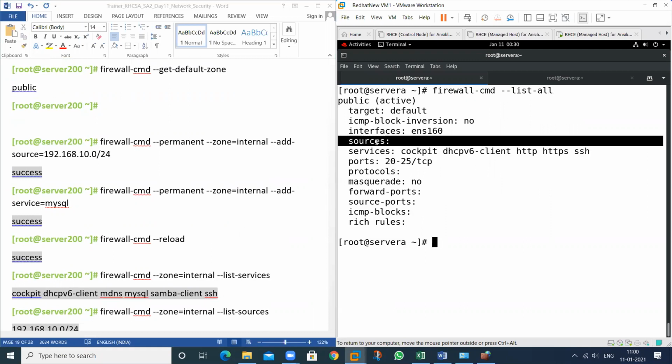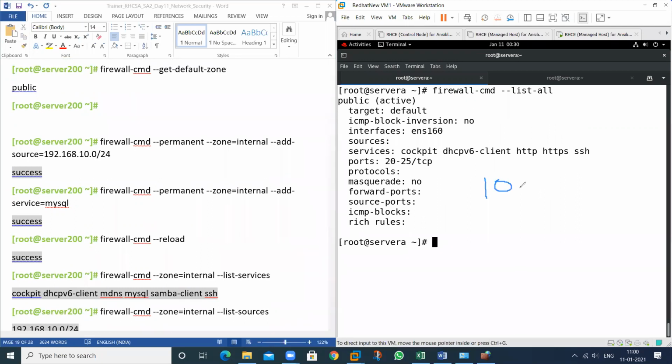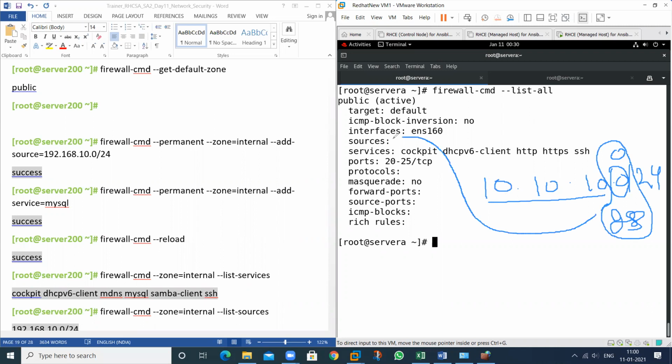If you want to add any particular source, you can add this one. Because I want to allow a service. Suppose I want to allow a service of 10.10.10.0/24. It can be from 0 to 255. All the IPs, you can add this in a source. So only this particular source is allowed.